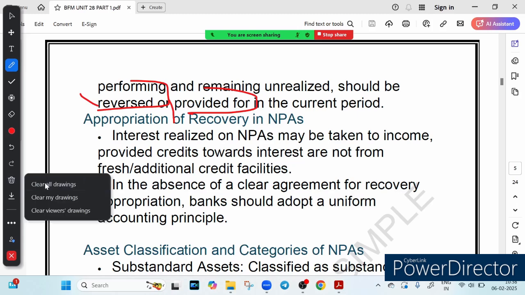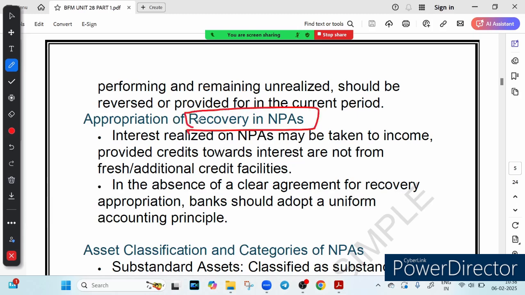Now let's talk about recovery in NPA. If we talk about recovery in NPA, where does the money go? Let's say a borrower starts repaying their NPA loan. Can the bank immediately record it as income? Yes, but with one condition. The condition is that the repayment must be from the borrower's own fund, not from a new loan given by the bank, right? So the loan was NPA, the borrower starts repaying. Will the bank immediately record it as income? Yes, it can record it as income, provided this fund is not from a new loan given by the bank,